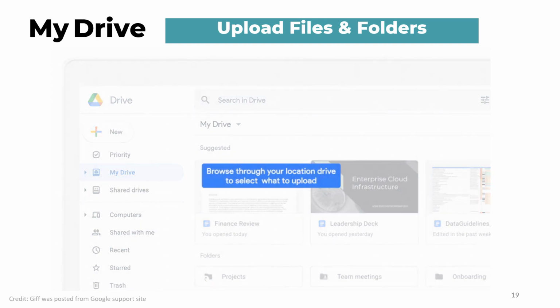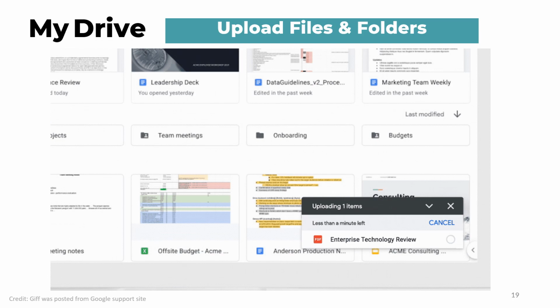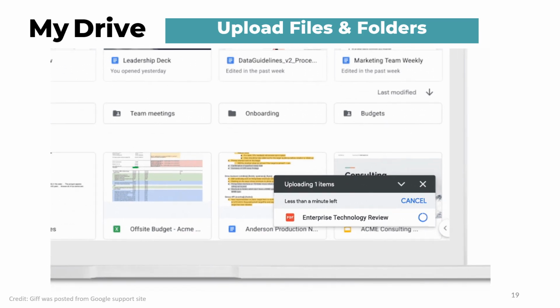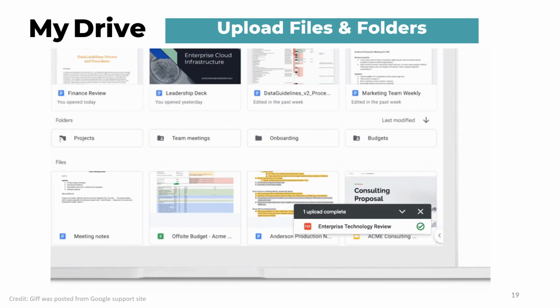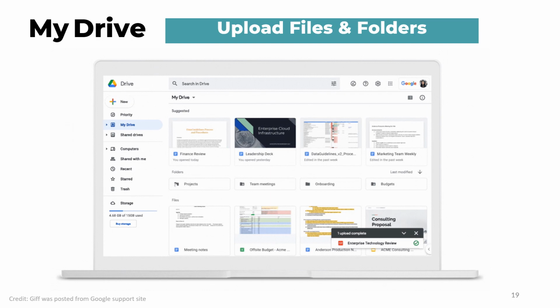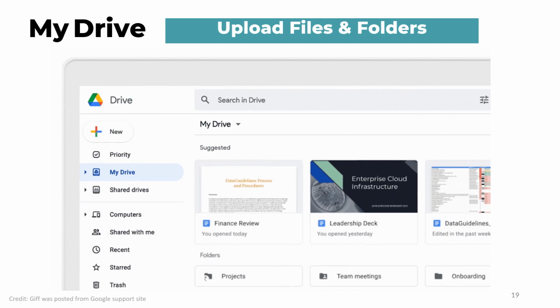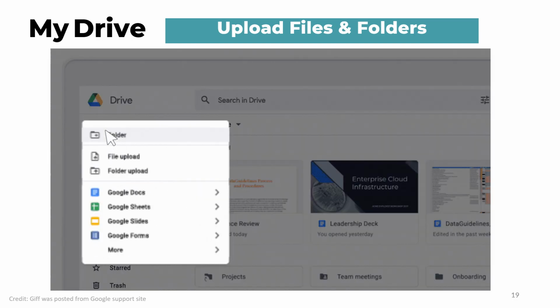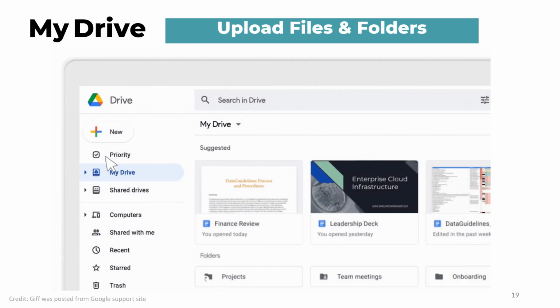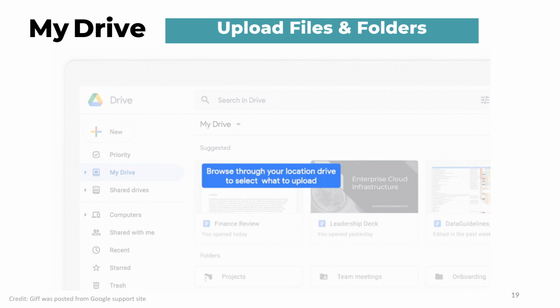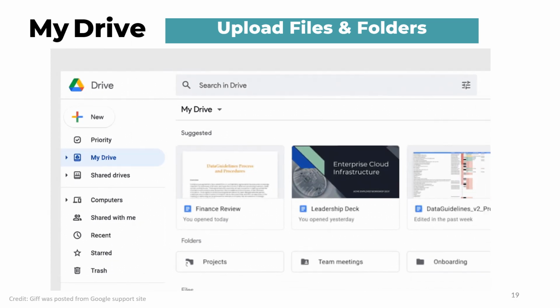All you have to do is click New, File, Upload, and choose the file you want to upload. You can also drag several files onto Google Drive, and you can select multiple files by holding Shift and clicking each file.